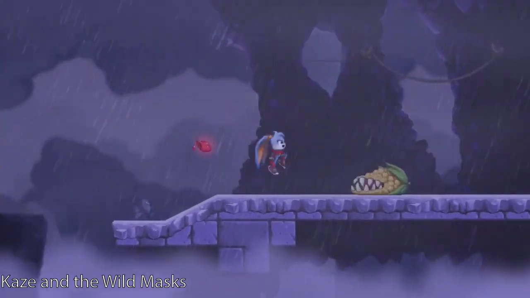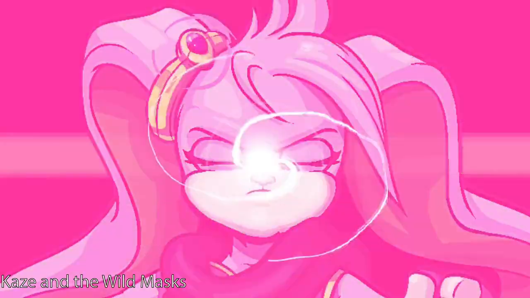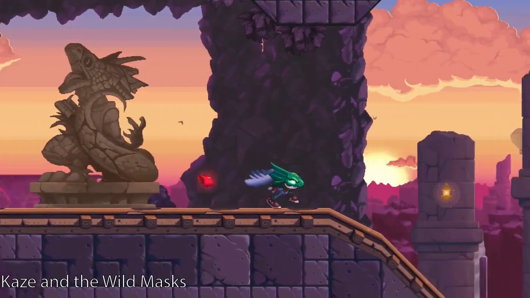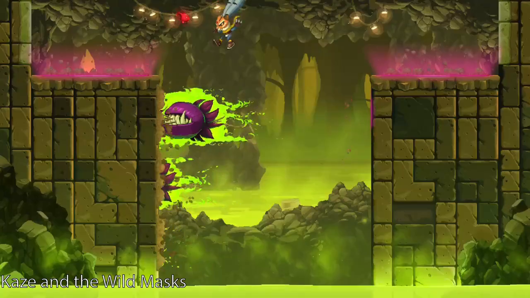And instead of the animal mounts, we have the wild masks that change the appearance and the abilities of your rabbit character. The masks are pretty cool actually, with well done transformation scenes for each one. Despite copying all these mechanics from Donkey Kong, it does all of them really well, and I really don't mind